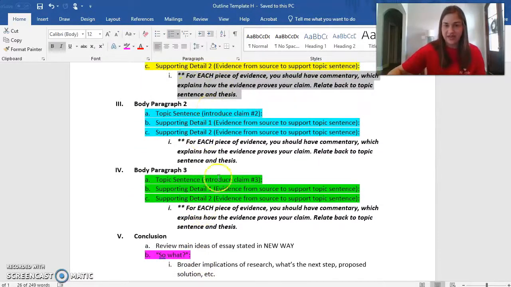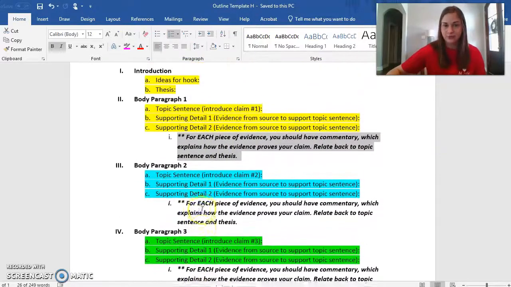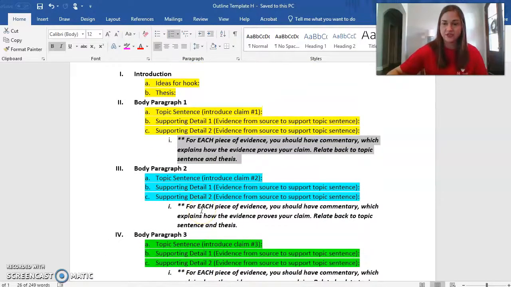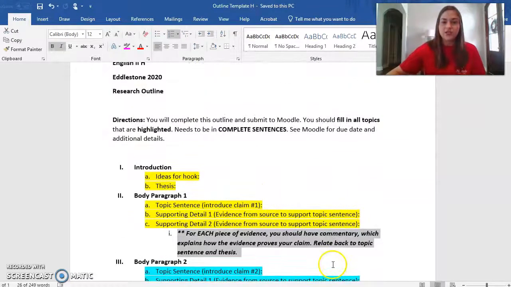Okay, so I want you to fill out the highlighted portion of this, and then you will copy and paste it and submit it to that journal on Moodle that I have for y'all. It says in big letters, submit outline here. So I wanted to